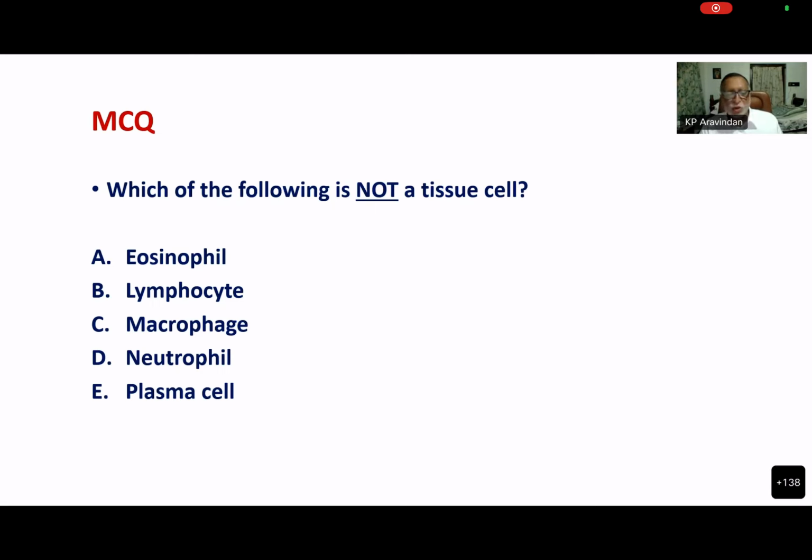Anybody else wants to volunteer? Macrophages. Macrophages are there almost everywhere in the body. It is a neutrophil. Eosinophils, lymphocytes, macrophages, plasma cells, all those can be seen in the mucosa, but you should not be seeing neutrophils except within the capillaries. Congested capillaries may contain neutrophils, but not outside. So it is not a tissue cell basically,